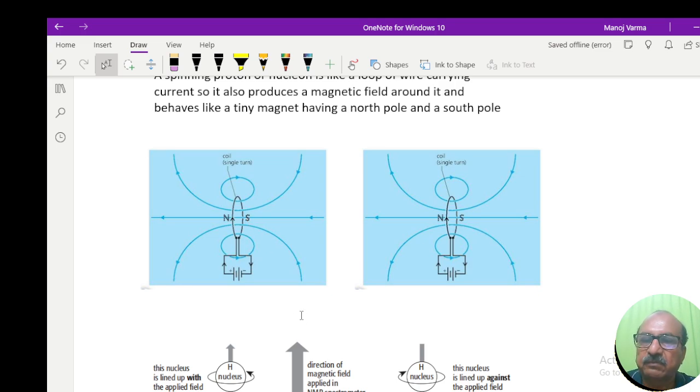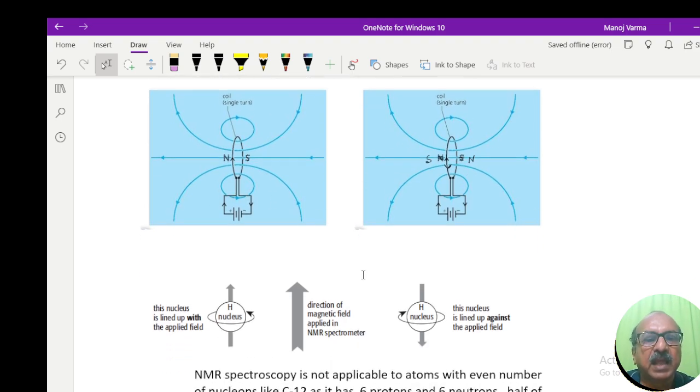Now obviously, if the direction of the current is reversed, like this, then the polarity will change. This will be the south pole and this will be the north pole. So now you have to understand that the spinning proton is like a coil of wire carrying current, and it produces a magnetic field. The nucleon proton can have an anti-clockwise or a clockwise spin, but